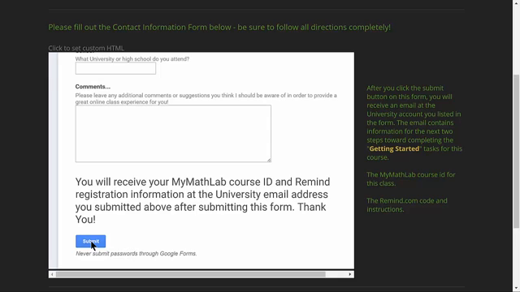Once you submit this form, you will get an email at your university email address with two pieces of information, and that's talked about right over here on this page. You'll be given a My Math Lab course ID, and you'll also be given instructions to register for the remind.com texts. You will be signing up for a texting system called remind.com that allows us to converse back and forth,